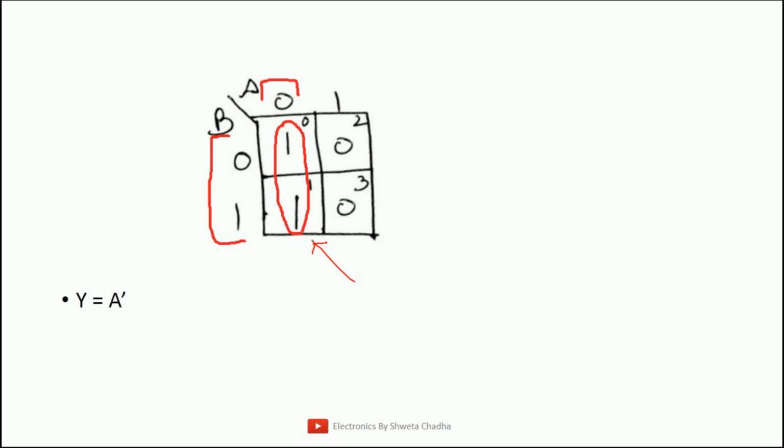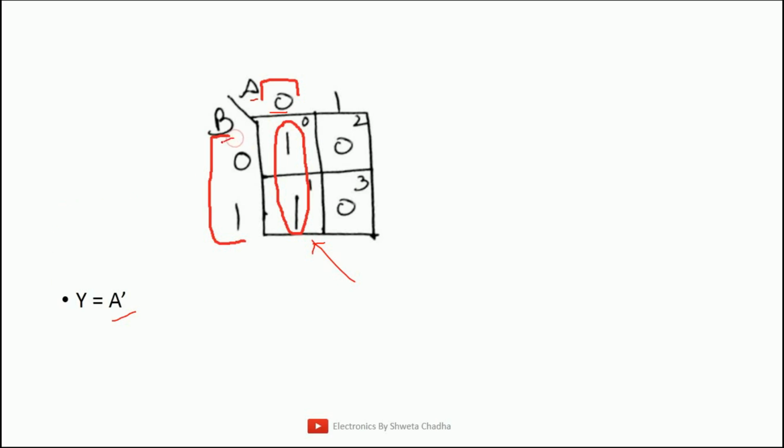Now let us discuss how to write down the answer. But before writing the answer, we need to mark the areas on both sides. So this is the marking area for A. In this area, our group is actually being covered. On the other hand, for the variable B, this is the area where our group is actually being captured. Now let us write down the final answer. A has only one value for the whole group, which is 0. That means A bar. As you can see over here, I have written A bar. Why A bar? Because in SOP, 0 is written as the variable bar and 1 is written as the variable itself. On the other hand, B.